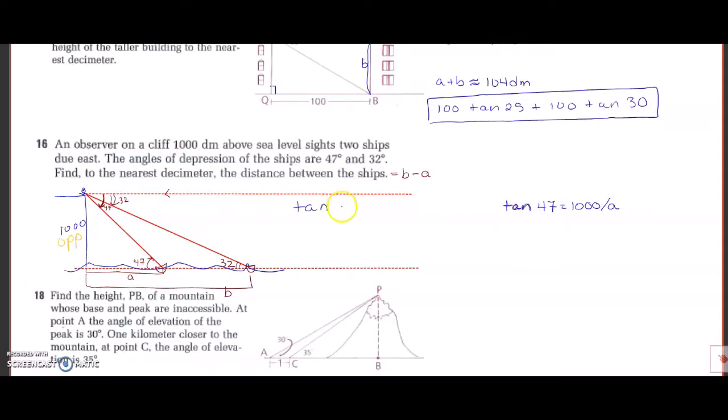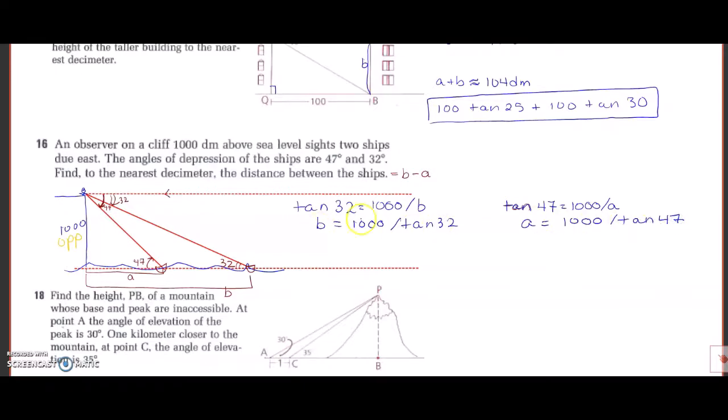The tangent of 32 degrees is equal to 1,000 divided by B. So now I have to multiply both sides by the denominator and divide by the trig function. So B is equal to 1,000 divided by tan 32, and A is equal to 1,000 divided by the tangent